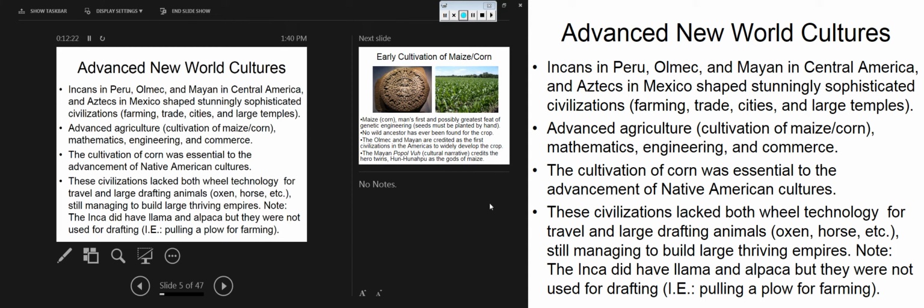What I want to hit on today is just 4 of these civilizations. Next time we meet, we'll get a little bit more in depth. And I know some of you guys have some prior knowledge on some of the creation and development of these civilizations. So in Peru, we're looking at the Inca. In Mexico and Central America, the Olmec. In Mexico and Central America, the Mayan. And in northern Mexico, the Aztec. Stunningly sophisticated civilizations, sophisticated farming, trade, cities, large temple, advanced agriculture, corn and maize, which they